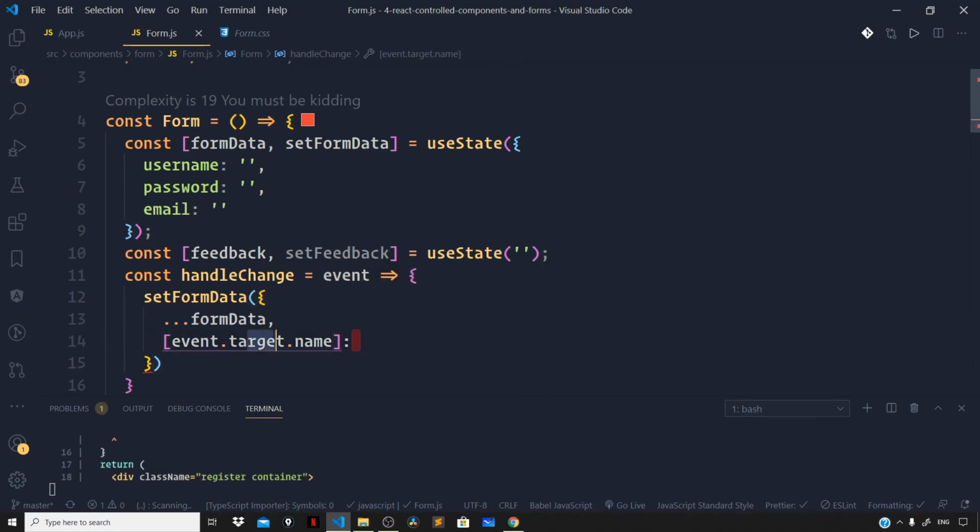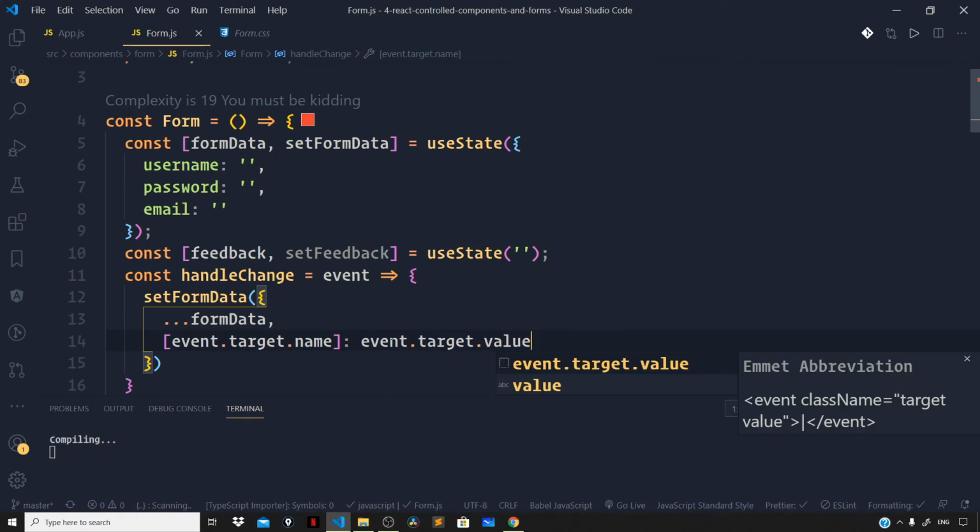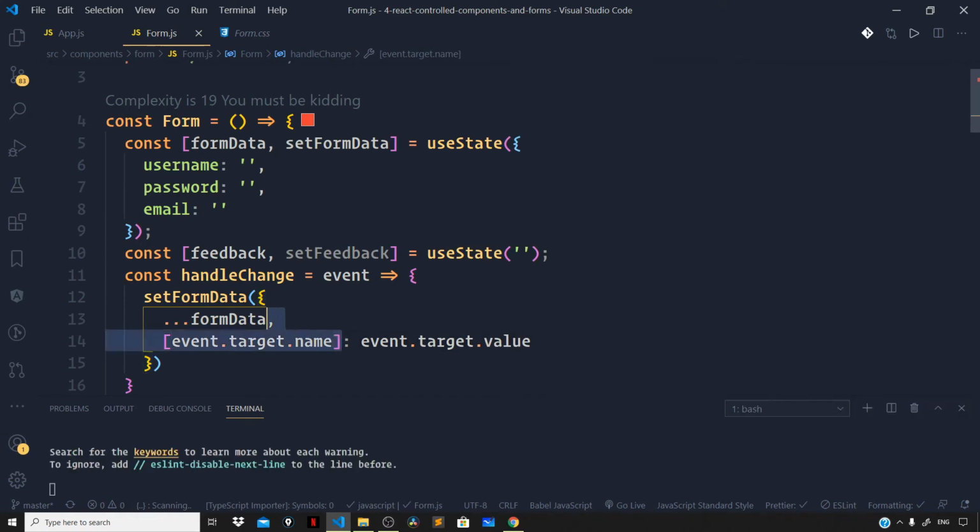So this is the target on which the change event got triggered, and we are using the name attribute to refer that element, and then whatever value the user types in the control field, we can get that by saying event.target.value